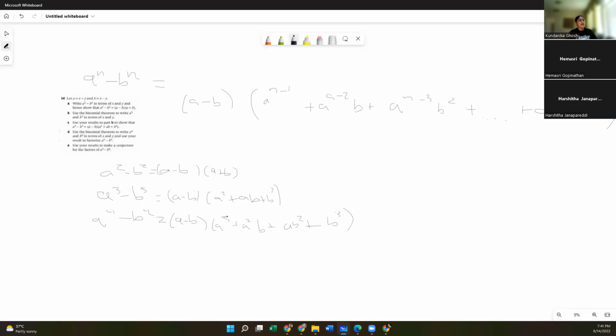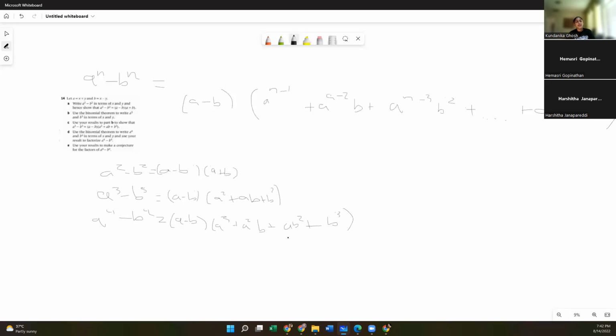Okay. Now what we can see as a pattern here is that the power of the first term is always 1 less than the overall power. The power of the second term will be 2 less than the overall power, and then the other number, or whatever you want to call that, is going to be just 1. And then the power of the third term will be 3 less than the power of the original term. And then you're going to have the second term to the power of 2. So on and so forth until you reach a point where you have your first term to the power of 1 times your second term to the power of n minus 2, which is what we show over here, right?